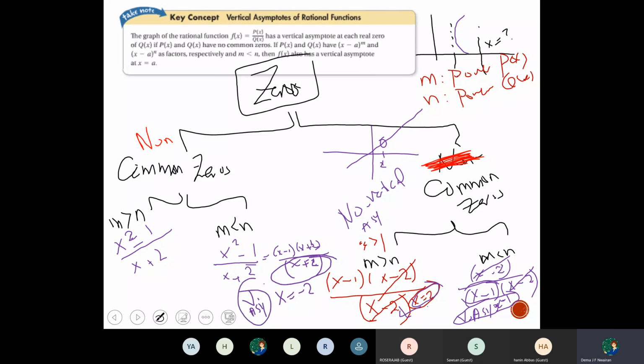And for m greater than n. Sorry, because here we have 2 and 1, so m is greater than n. But when m is less than n, like